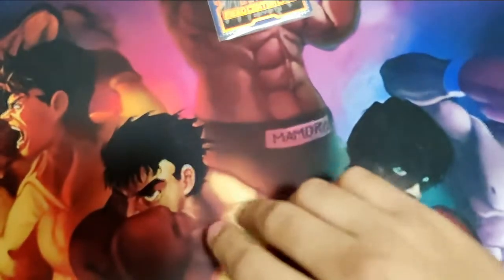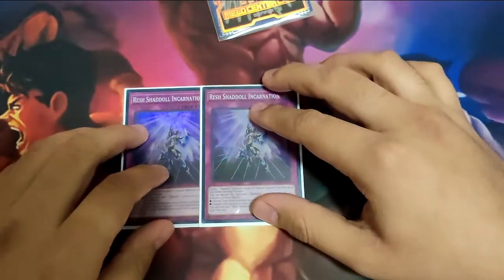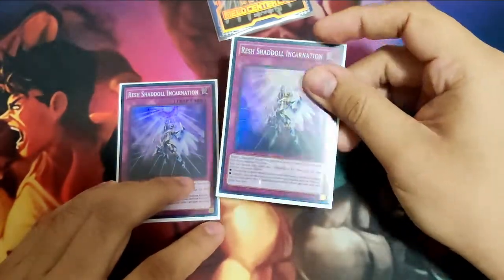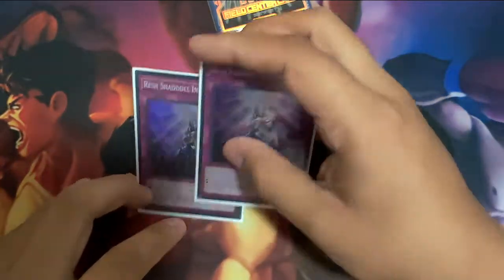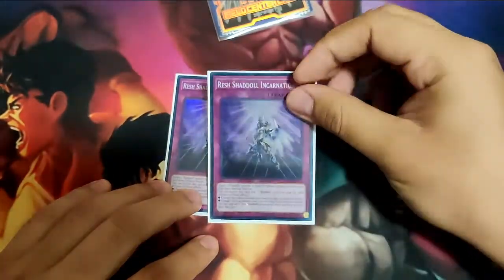Now I just played 2 more cards. Right now I am playing 2 Shaddoll Incarnations. I did want to take one of these out and put in a Schism. So if you do have that, go ahead and play the Schism. It'll be a much better option for you guys. You really don't want to see this card in your hand. If you do, it still works. It still has the